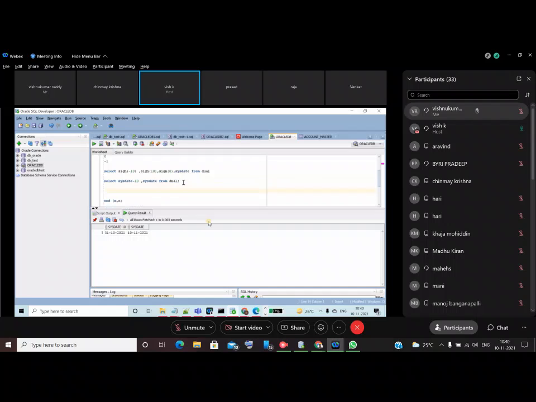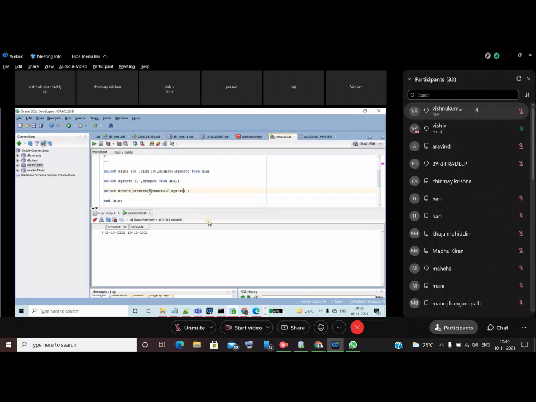And next, we have the function called months_between. Suppose sysdate and sysdate plus 30. You have to give the higher date first and the lower date next, guys.